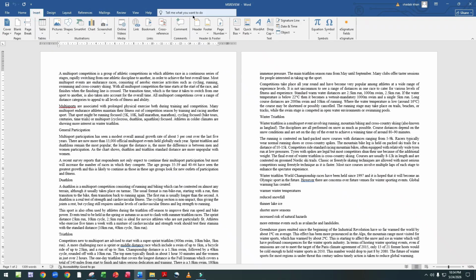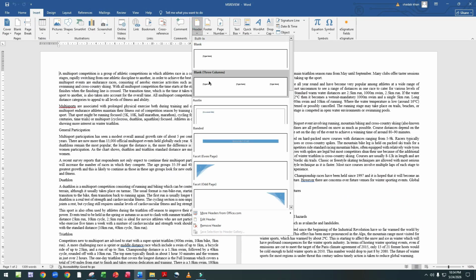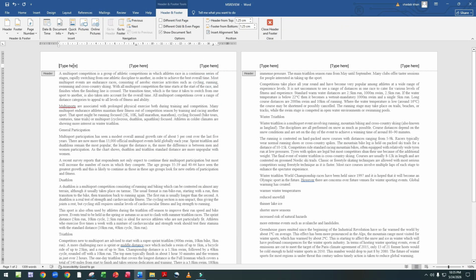Click on insert, go to header, select blank 3 columns.